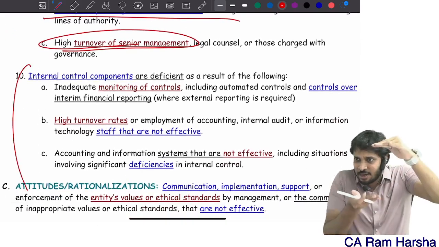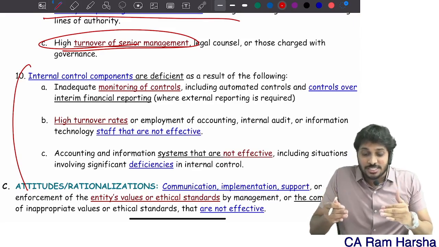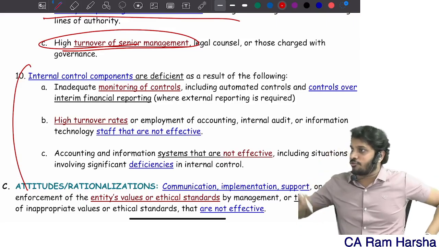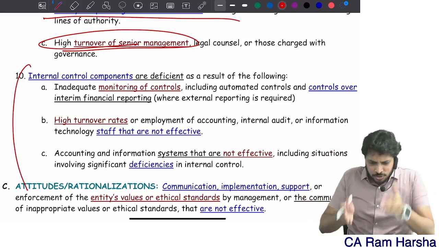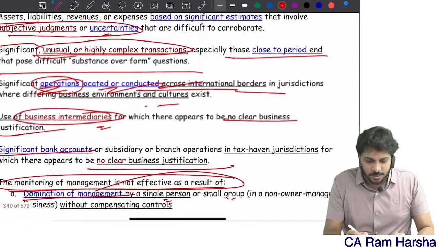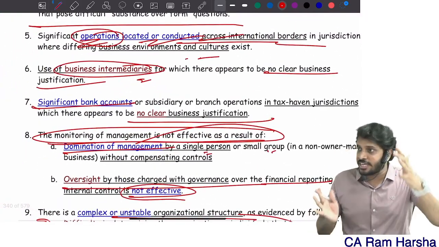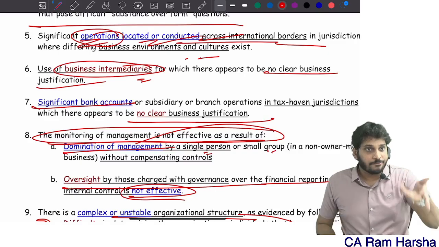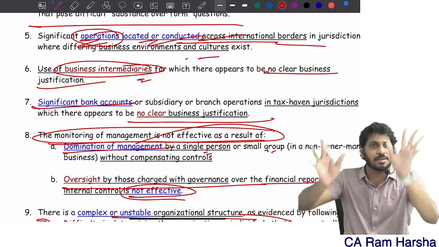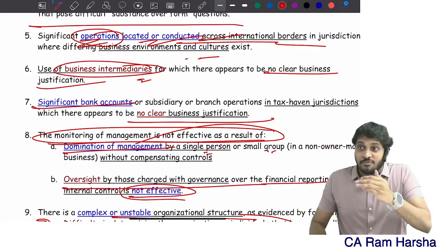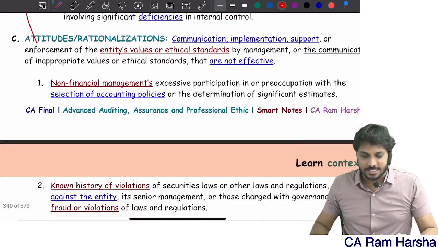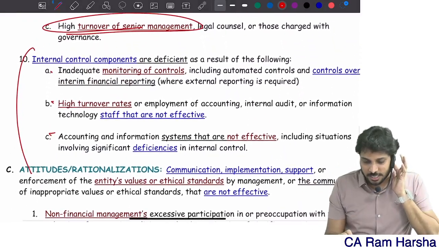The standard is giving all these examples, right? You should see whether any of these symptoms are there or not. If you don't know how to figure out fraud risk factors, you see these many factors. Here they have given 1, 2, 3, 4, 5, 6, 7, 8, plus 7, 15 opportunities described for conducting fraudulent financial reporting. Definitely in the company that you are auditing, some symptom will be there. Then if you find the symptom, how to investigate that symptom. Getting it? Next.